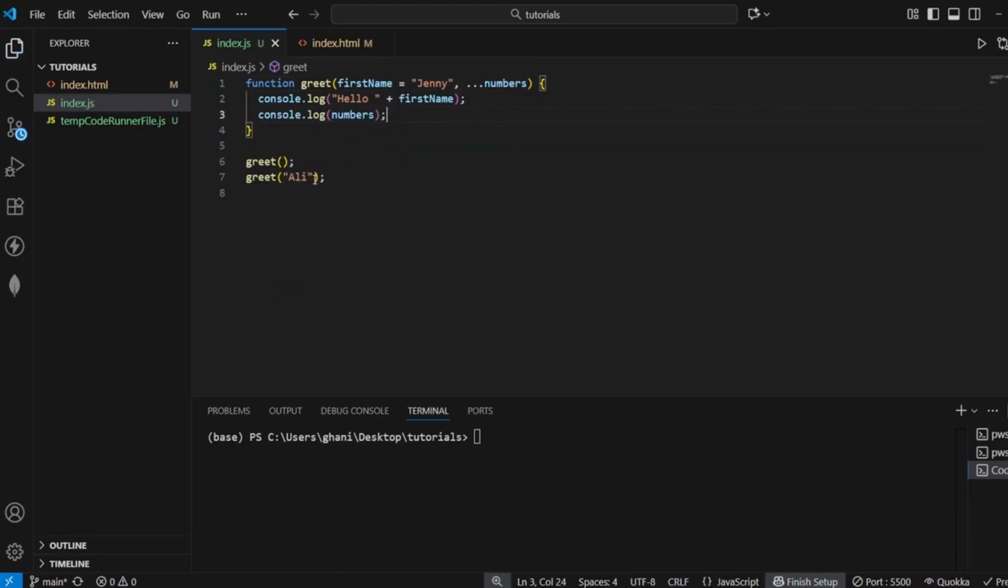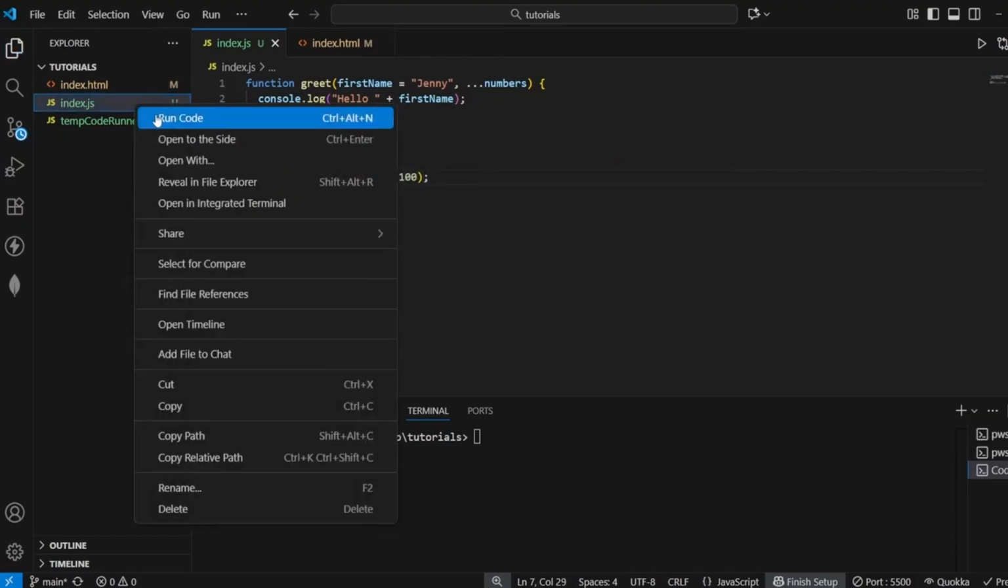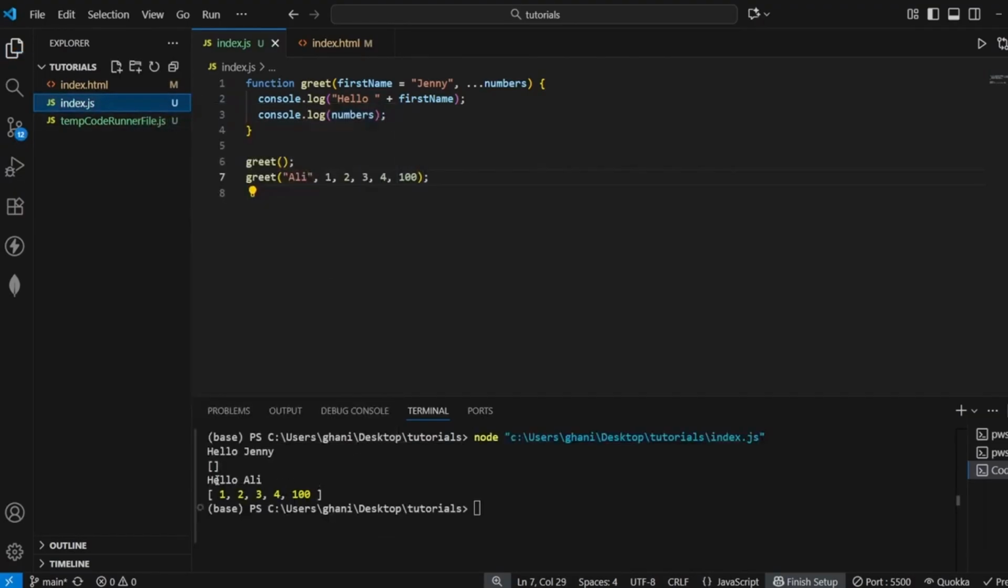And right here after Ali, for example, we can now say 1, 2, 3, 4, or 100, for example. And now we're going to run this code. And as you can see, we are now getting hello Ali, and we're also logging those numbers in the console. So obviously you are not limited to logging the numbers. You could also use a reduce method on those numbers. So you could, for example, say